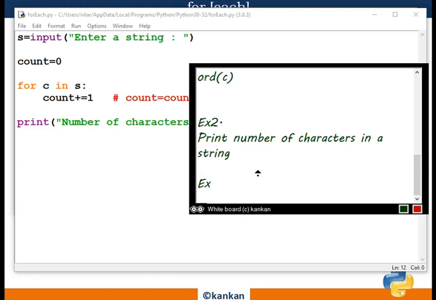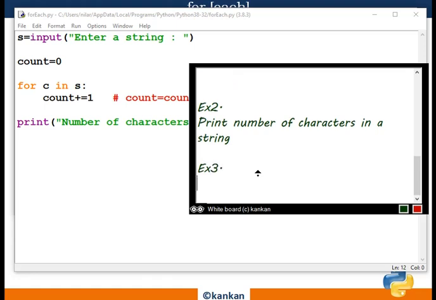Many examples I will explain, so it will be much better for you to understand, and these are all very basic examples, and they will help you to start from this for each session, and help you to solve harder problems also. Now this is our next example. Already I have counted the number of characters.